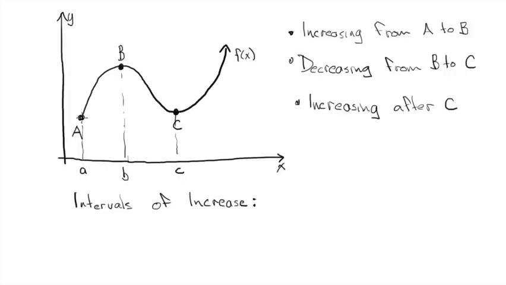You can see it's increasing from A to B, so from little a to little b, those values of x, it's increasing. So it's increasing on the interval from A to B,